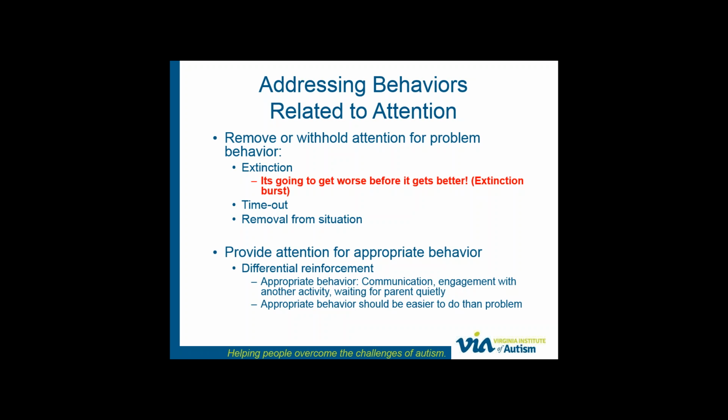And something really important is that appropriate behavior should always be easier at the beginning than the problem behavior. So you can't expect a child that has gotten your attention immediately for yelling to wait 30 seconds for attention at the beginning of an intervention. The appropriate behavior has to be immediate, right? So if you teach the child to touch a micro switch to say, "Mom, please," you have to immediately say, "Oh, yeah, good job," and play with him. You can't be like, "Oh, just a second," because then he's going to go back to the problem behavior that used to work really fast. So eventually you can give more delay, but